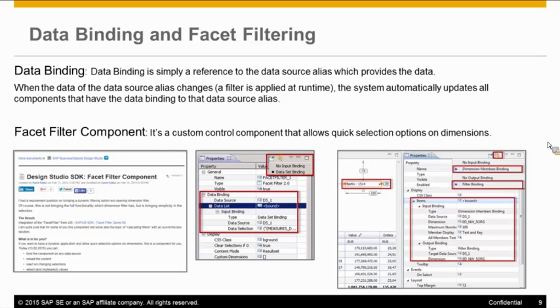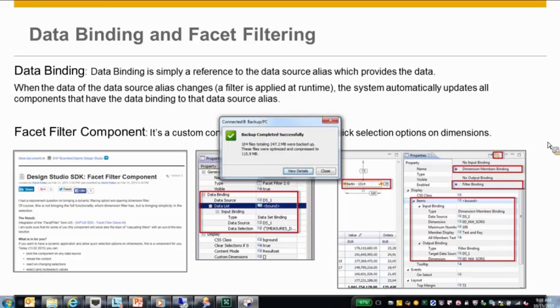But with 1.5 version of Design Studio, we have this new data binding feature wherein you can achieve the filtering options and all those stuff. You can achieve it without having to write any script. The system automatically generates the scripts for you. All you have to do is do a binding between your basic components to your data source, and whatever analytical components which are using that data source